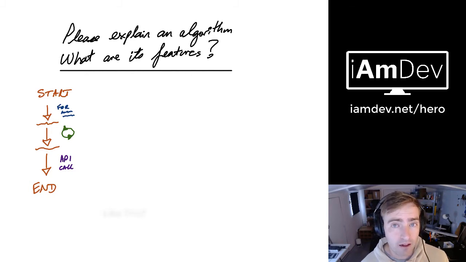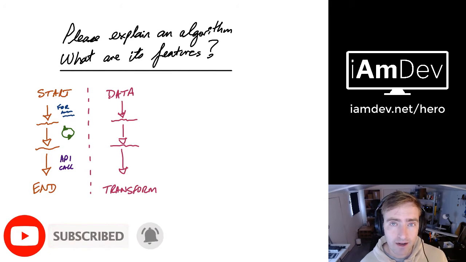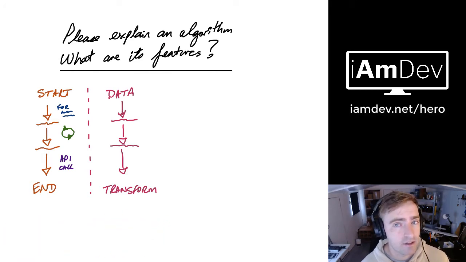Another way to think about algorithms is the transformation of data. So we put some data in, we do something, we do something, we do something, and at the end the data is transformed. Now, if you've programmed at all in the past, then you've probably done this in a very terrible and awful way. I've done it too. You change a string to a number because you can see that whatever data you got from a server is the number 3, but it's in a string, and you want to change that to an integer. I've done it, everyone does it.